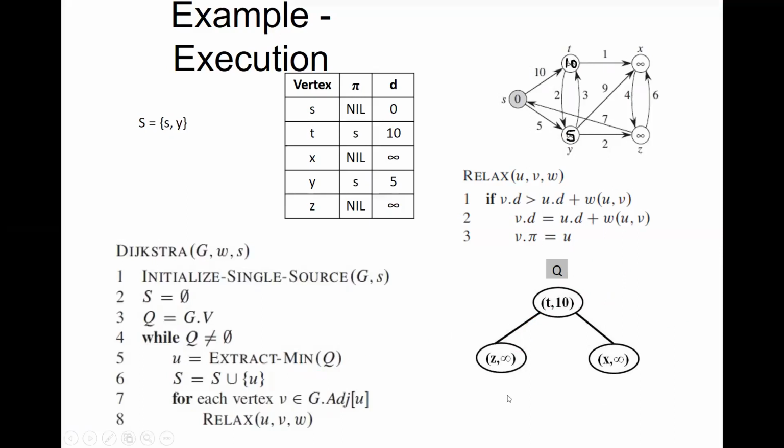Adjacent to y will be scanned. The adjacent to y is t. If you scan 5 plus 3, that value will be updated as 8. That means the adjacent t, through y, will become equal to 8, because the value of t is being updated. This is becoming 8. There won't be any problem in updation, so directly the value can become equal to 8.